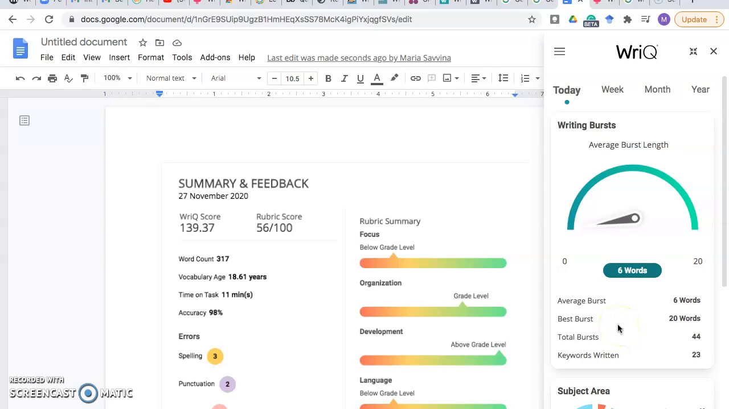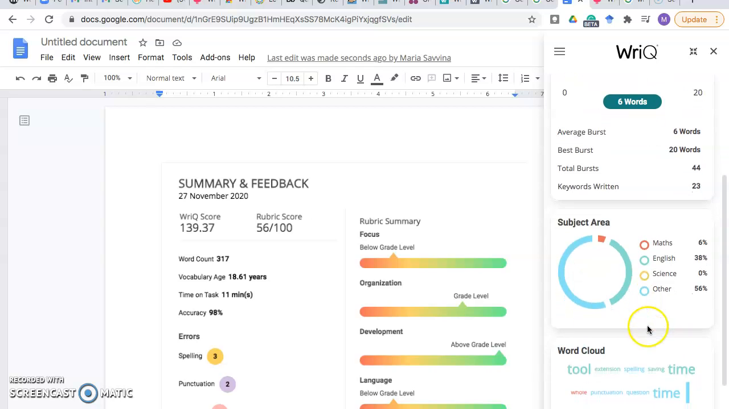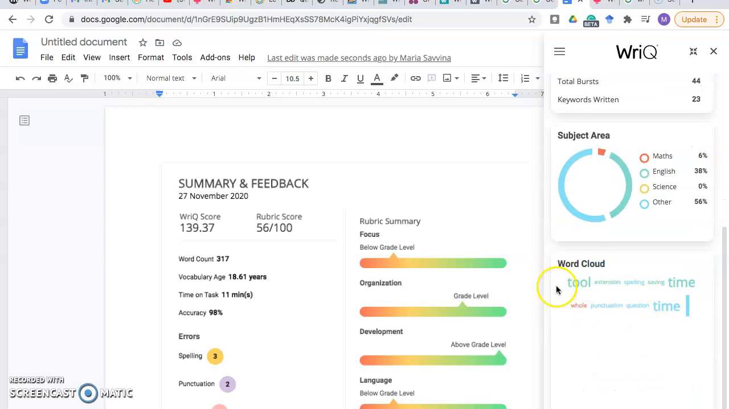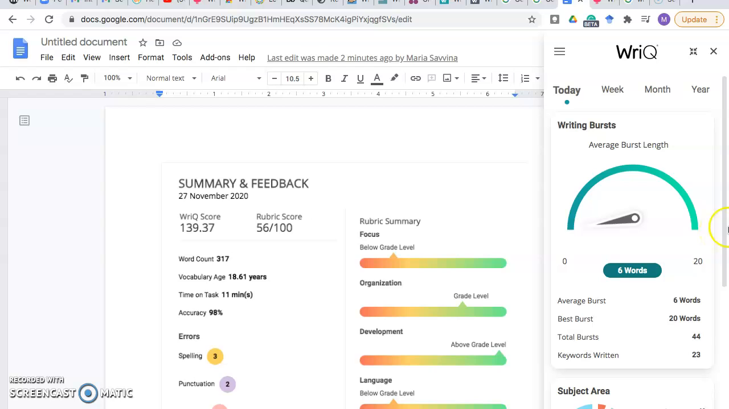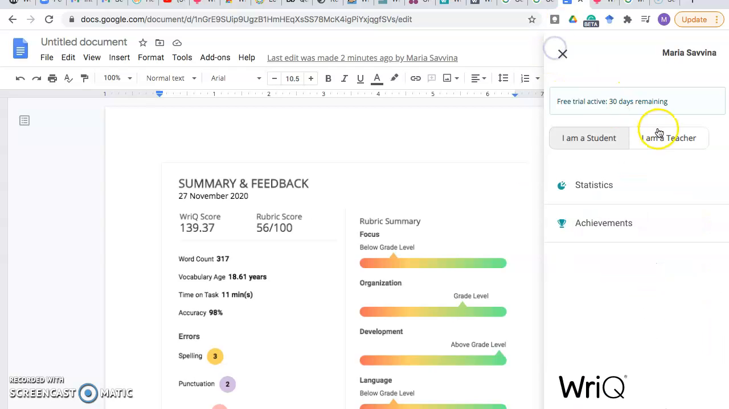So from the student's perspective, it analyzes the number of words, the burst of words, so it's like a continuous writing without stopping. The total burst, some keywords written, then the subject areas that the piece of writing is about. And I really like the word cloud, so it distinguishes terms, functional and academic words that have been used and puts them into a cloud. I feel like it's a great thing. Let's change to the teacher's